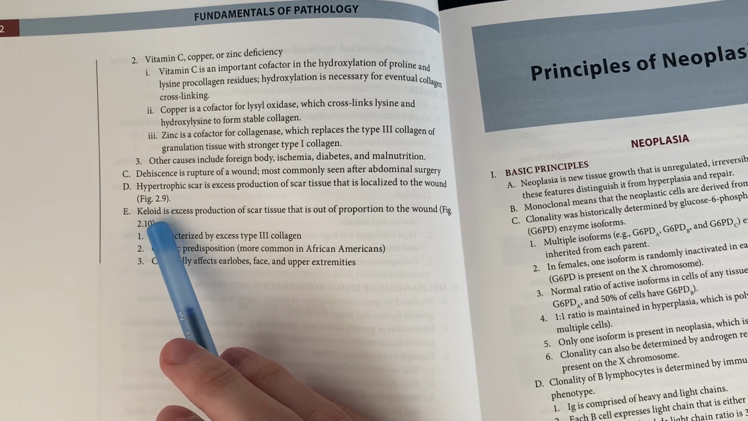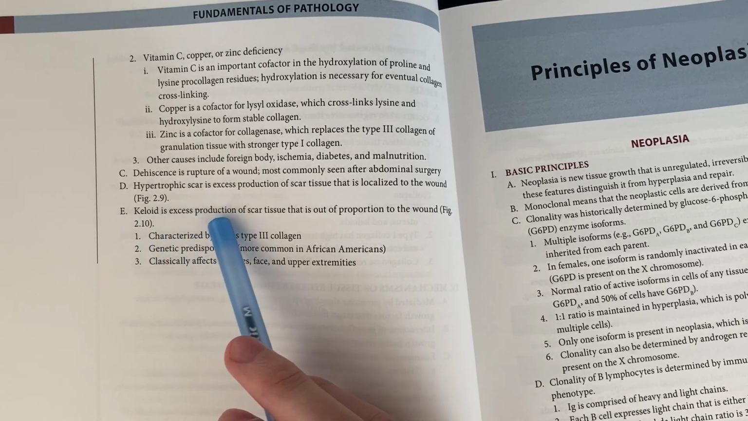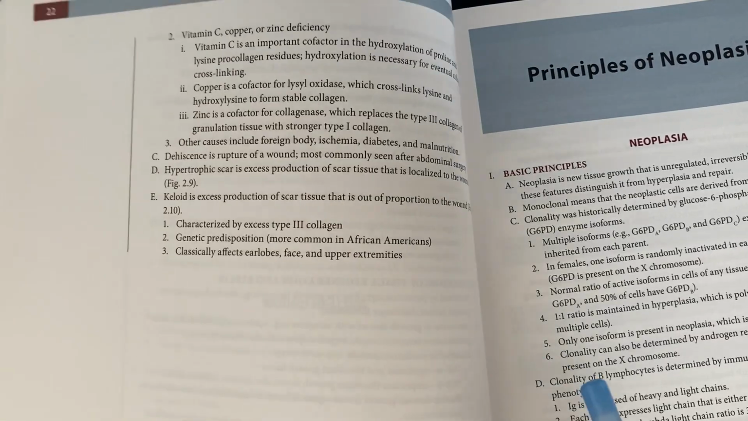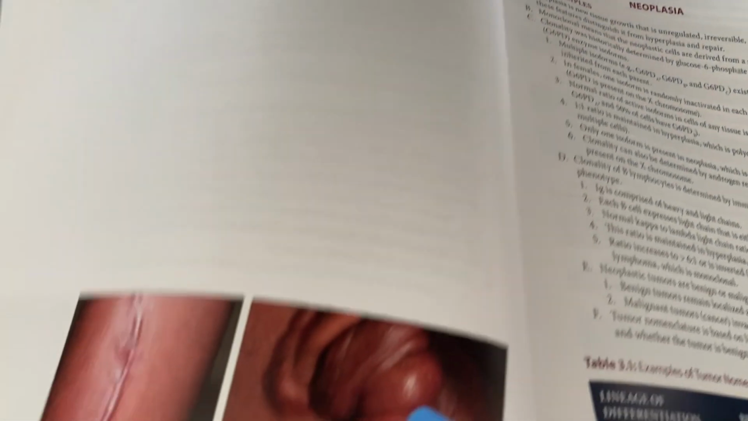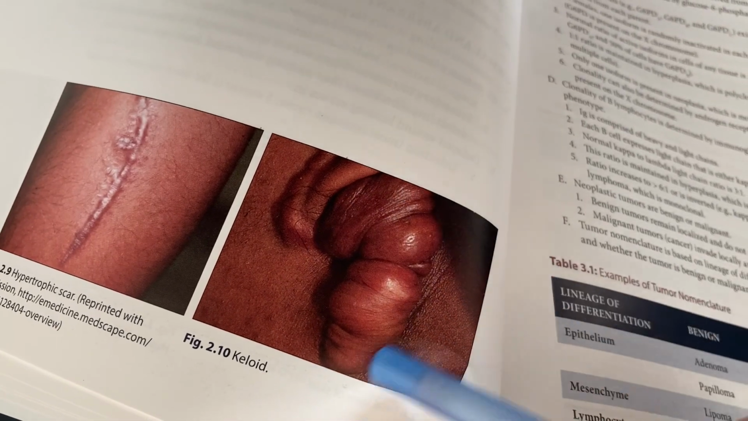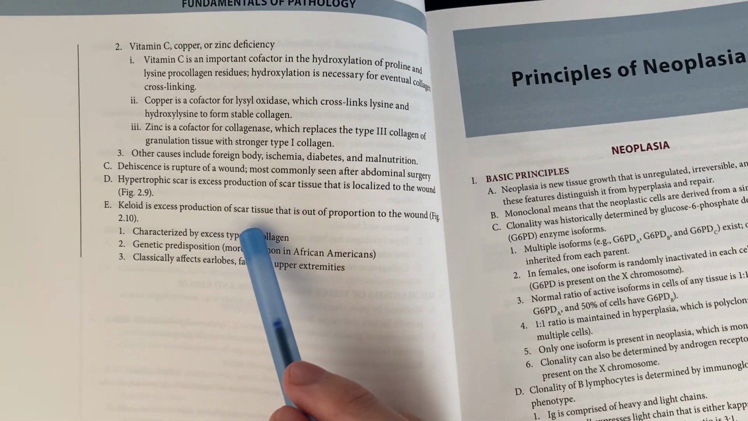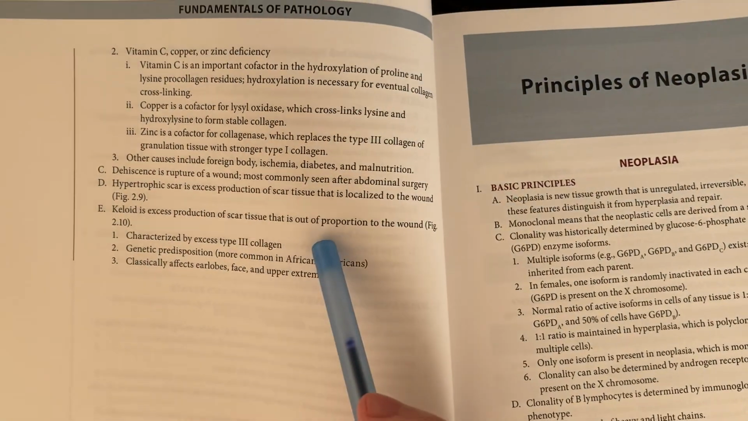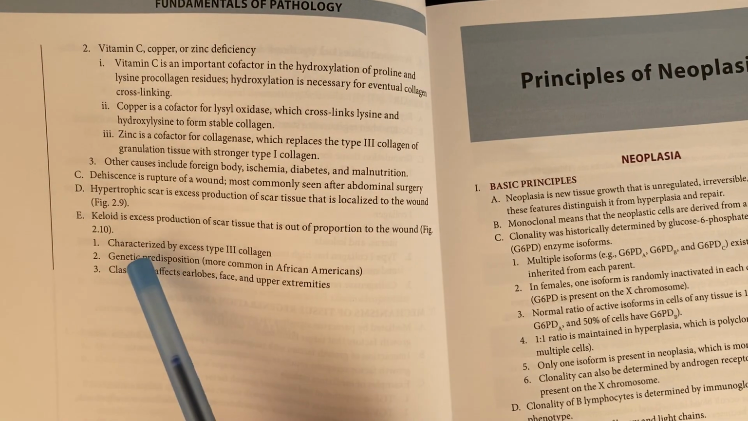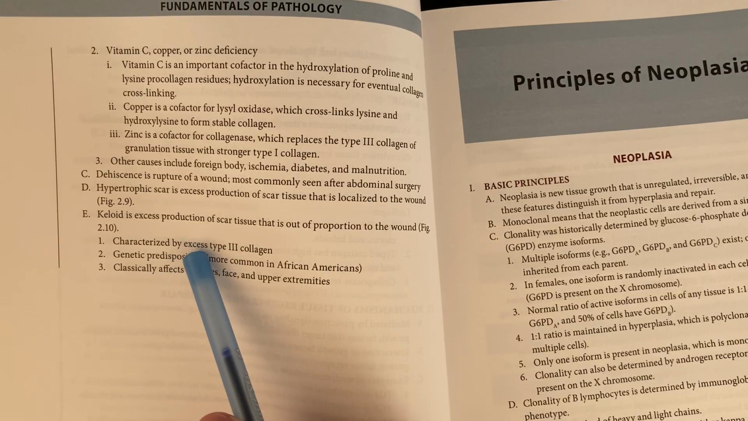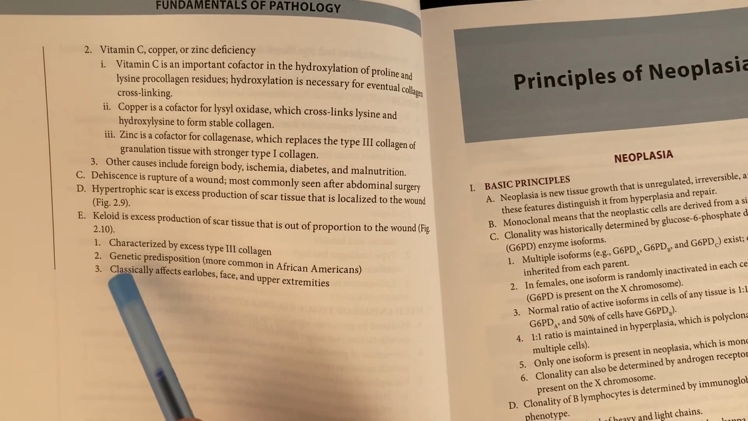And then keloid is the excess production of scar tissue that is out of proportion to the wound, as shown in figure 2.10. So here's an example of a keloid with that excess scar tissue production that extends beyond the wound location. So this is characterized by the excess formation of type 3 collagen. There is genetic